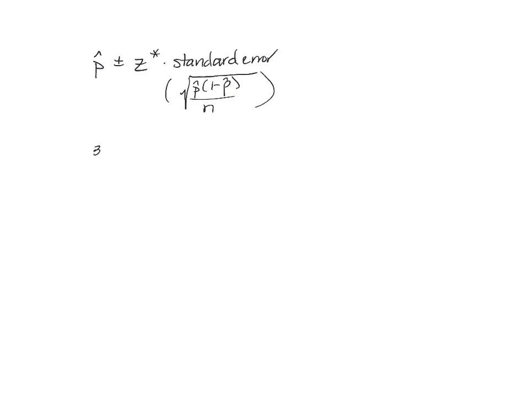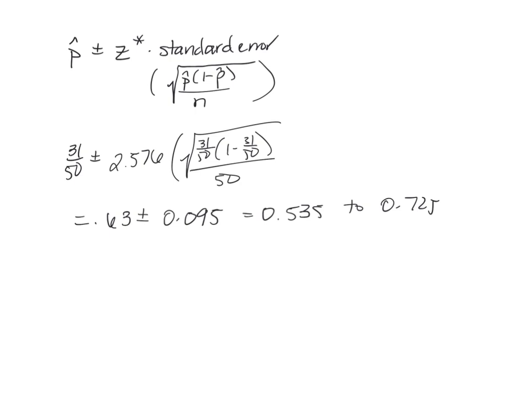So p hat is 31 out of 50, plus or minus. For 99%, our critical value is 2.576. You can find the video on critical values afterwards. Times the square root of 31 over 50 times 1 minus 31 over 50, and then you can go ahead and complete that calculation. So you get 0.63 plus or minus 0.095, which is equal to 0.535 to 0.725. You can write it like that, or you can write it as (0.535,